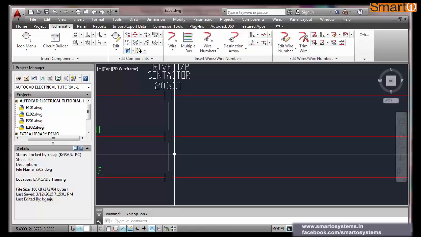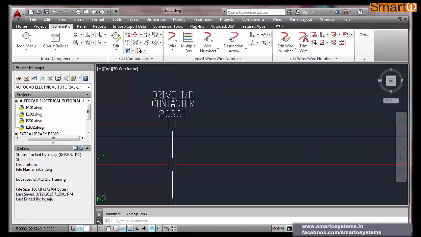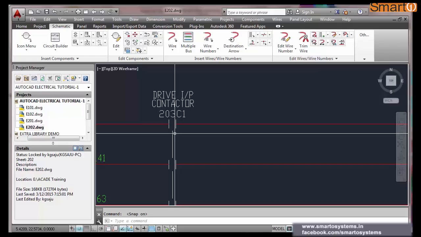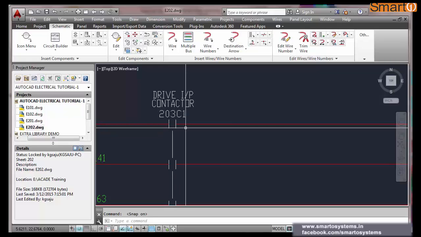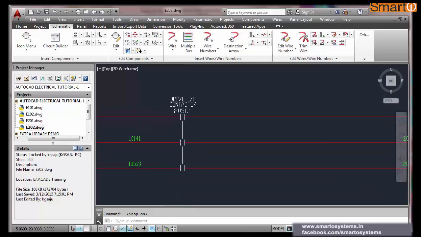So, if you are using the child and the parent in different sheets, the tag should be same, but we should provide the parent tag for the child tag as well. That's why I have given here 203, because I will show its parent, which is a coil, in sheet number 203 only.